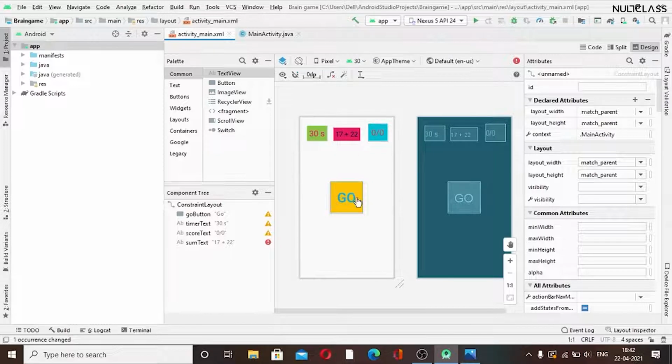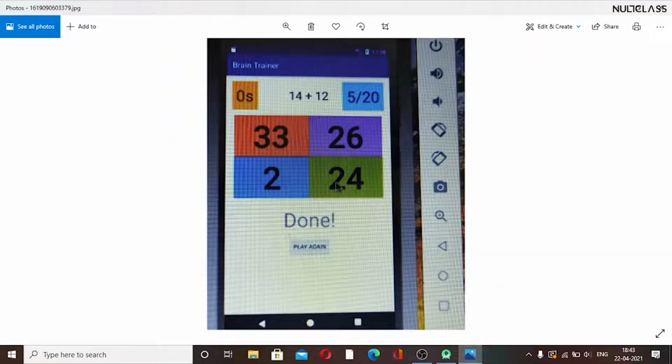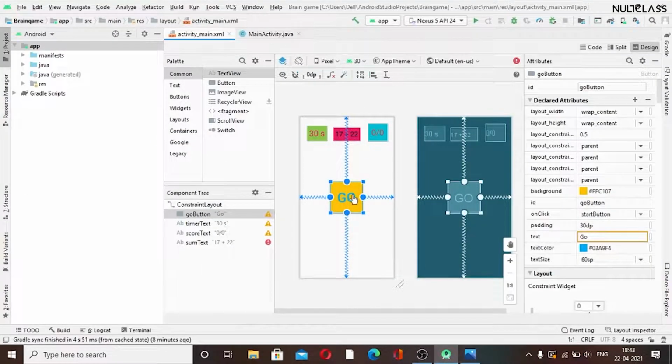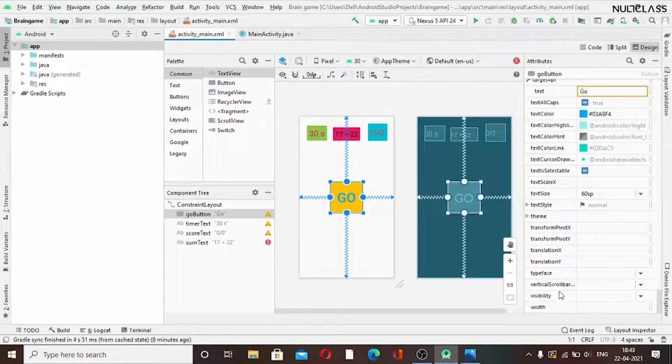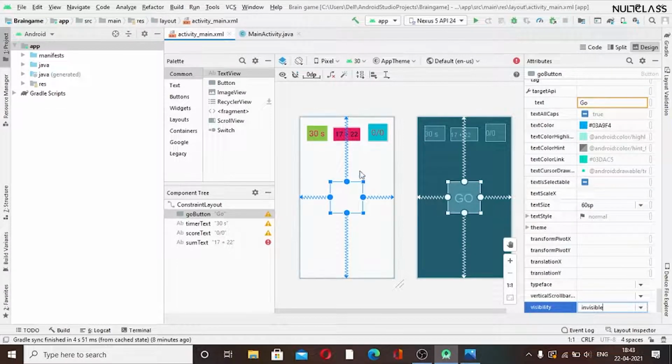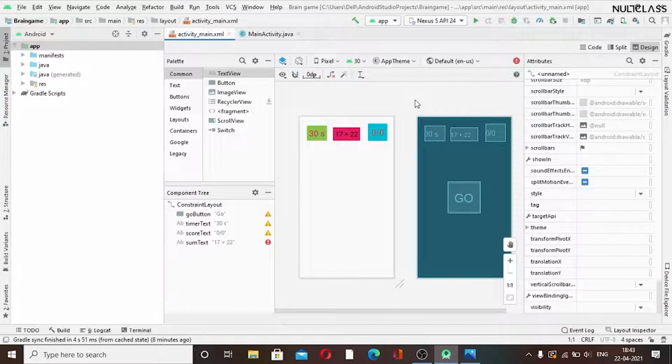And now we don't want the go button here, as on clicking, the go button should disappear. So we have written that in our coding part, but for this part, we are creating the visuals. So we want 4 buttons here, and we don't want the go button in this part. So I will just select a property. We have a property at the bottom which is called visibility, so we can use this directly, and we will select invisible. So we can see that this gets invisible. We can see it is cleared from here. So we will be using it at the last of the video to make it appear from the beginning screen.